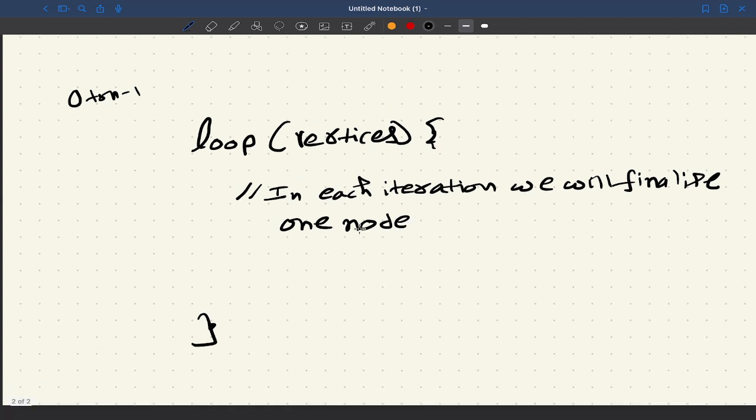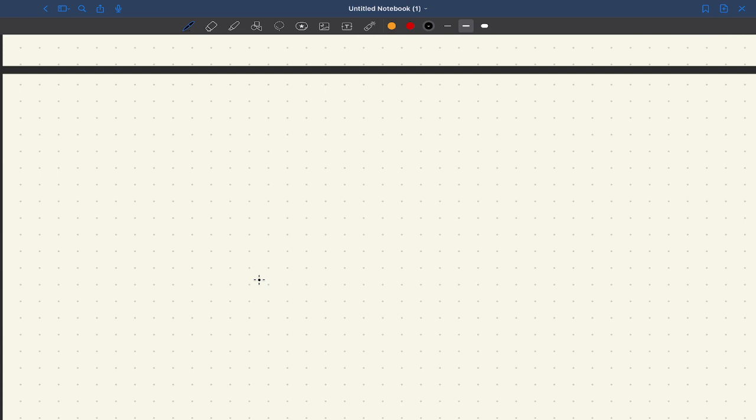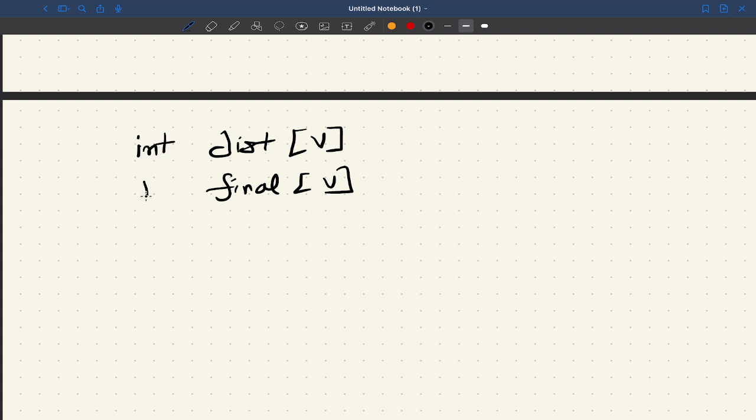Now, first of all, we will create two arrays. One is the distance array, which will be of size v, and one is the final array, which will be of size v. The distance array will have type int, and final will have type bool. So this final will keep track of which vertex is finalized. If final[i] is true, then that means the ith vertex is finalized, and we don't have to work